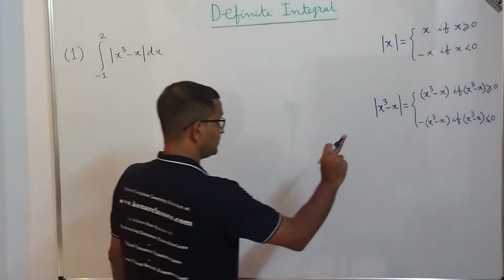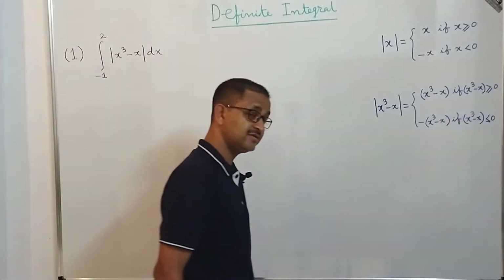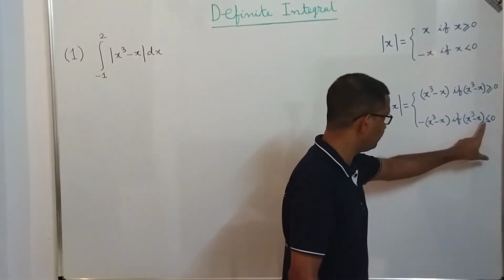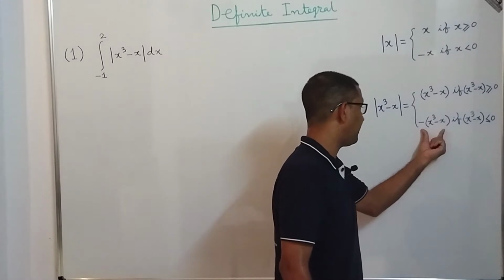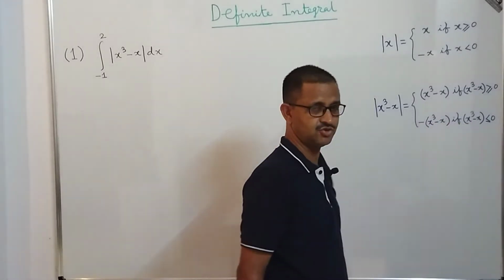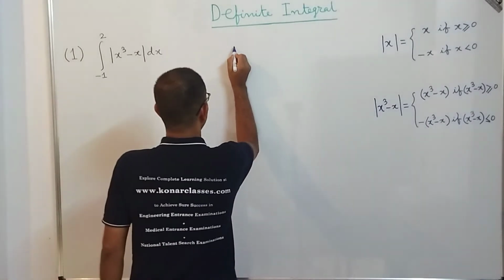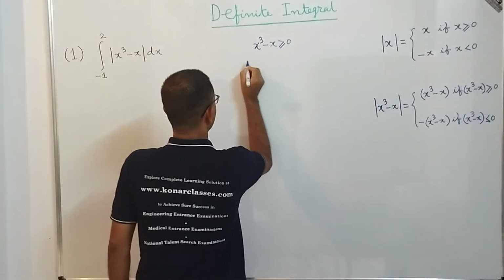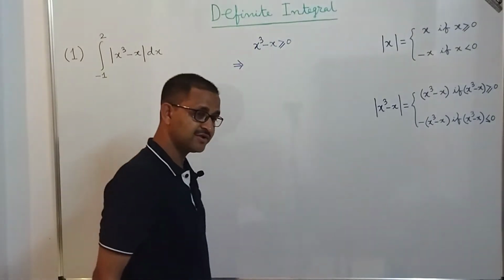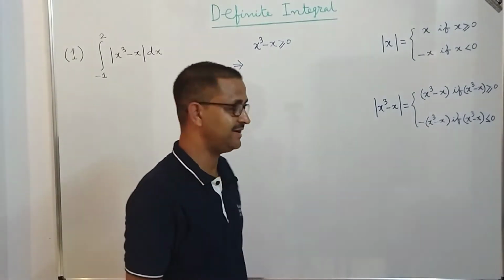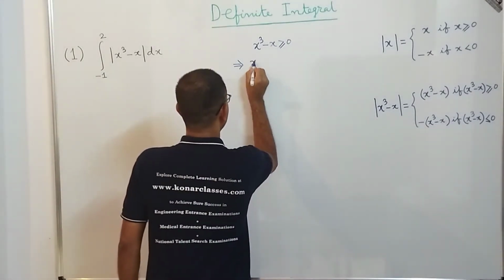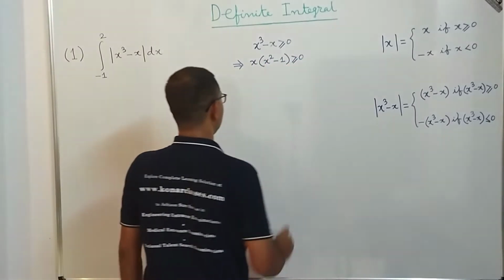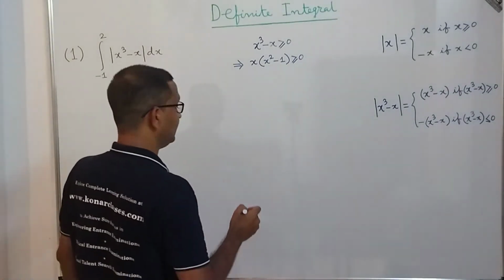So let's first find under what condition x cube minus x is greater than or equal to 0, and there we will take the value x cube minus x. And wherever x cube minus x is less than or equal to 0, there we will take minus of x cube minus x, that means x minus x cube. Let's look into it. First let's consider that x cube minus x is greater than or equal to 0. Look at it very carefully, dear students. This is a part of inequality which you discussed in your class 11. So x we can take common: x into x square minus 1 is greater than or equal to 0. I do not want to make any shortcut. I want to explain it in a little elaborate manner.